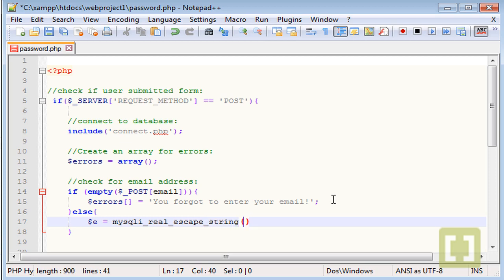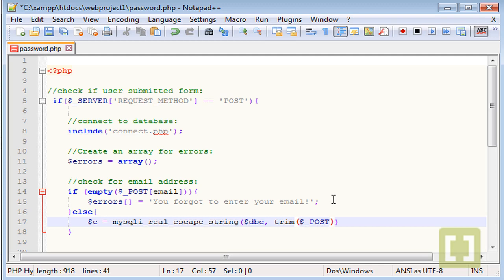So this is for security reasons, and I recommend you always use this. And now here we use the dbc, which is the connection, and then we use the trim function to avoid any white spaces or blank spaces,